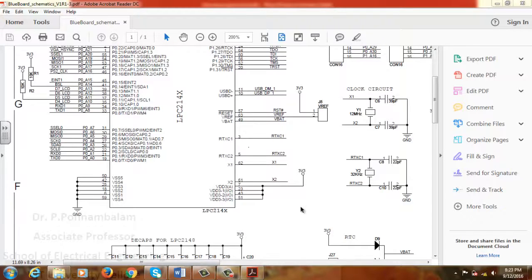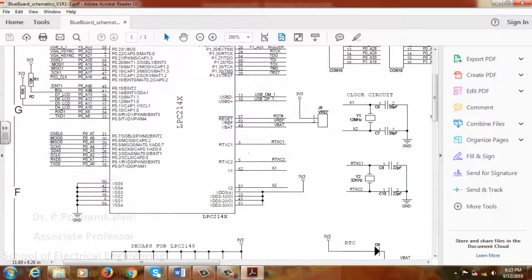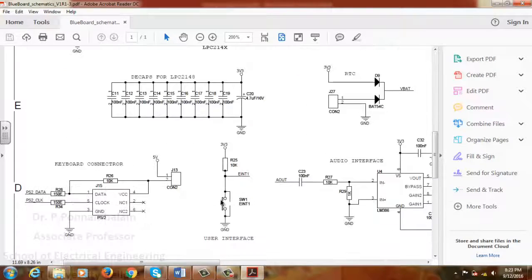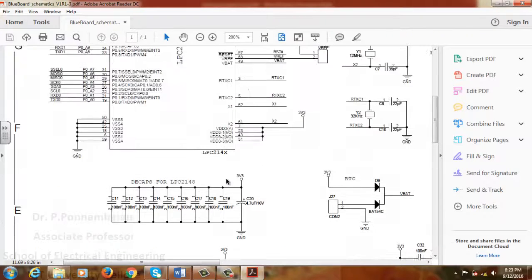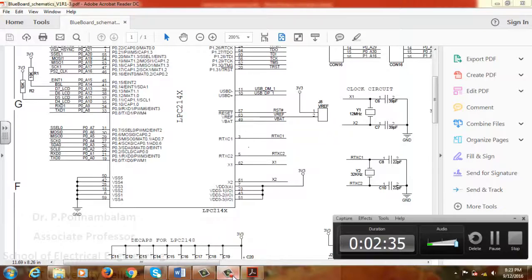When it is high, the external interrupt shouldn't get activated, and when the push button is pressed, the voltage goes into the ground, so external interrupt 2 will be getting a 0. When it goes low, the external interrupt has to be activated. That is the procedure that we'll have to adopt.